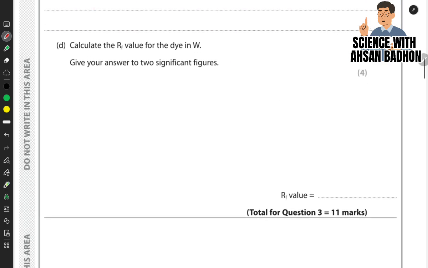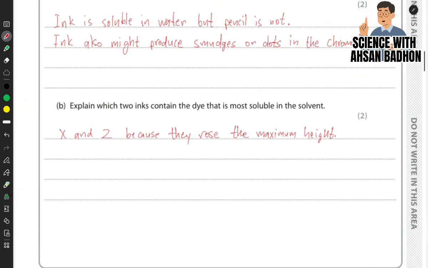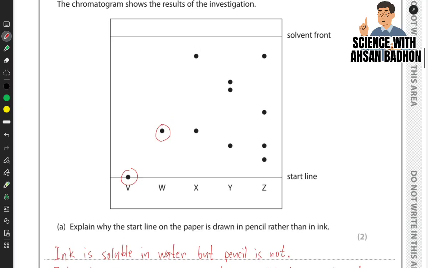Next is the part D. It says calculate the RF value for the dye in W. Give your answer to two significant figures. So for this you need to measure the height rose by W using a ruler from the pencil line or starting line, and the total height rose by the solvent, which is given by the solvent front. So if you measure it wisely, so you should get